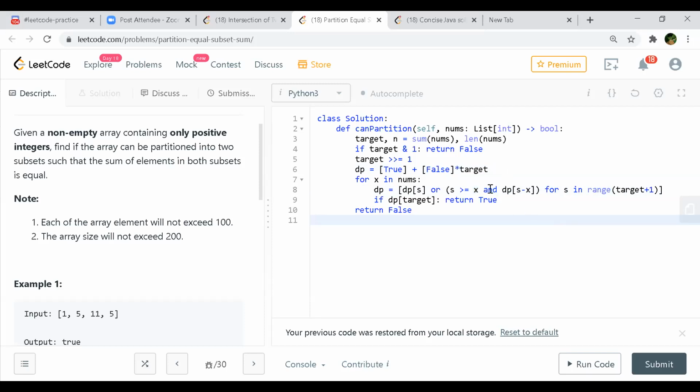Actually, it's a very concise form of representing. While going through the target, I'm checking if my S is greater than X. Then I'll take S minus X. If I see that is present in my DP somewhere, then it will give some value, true or false. This could be the one case. The other case would be, if it is lesser than X, then you can directly pick that sum value in the DP.